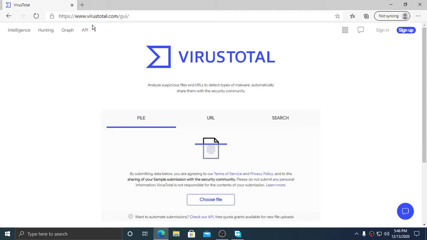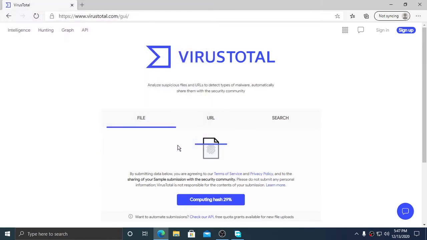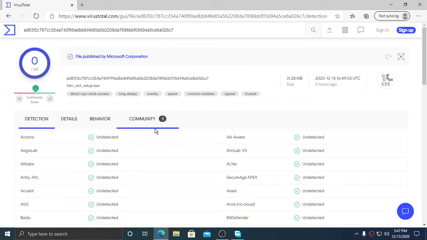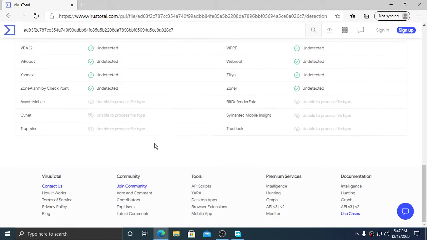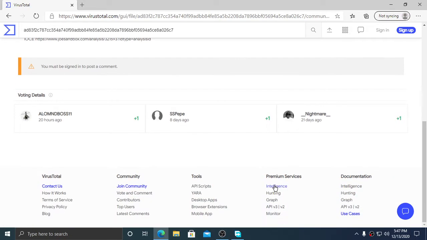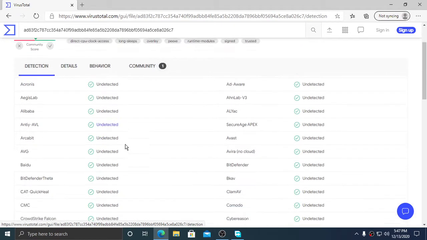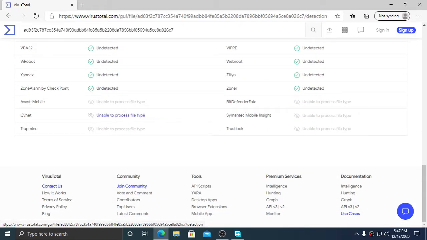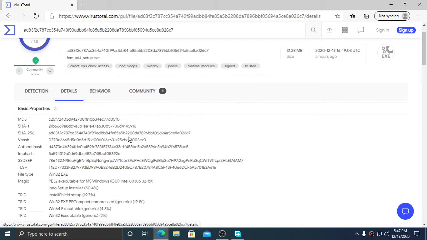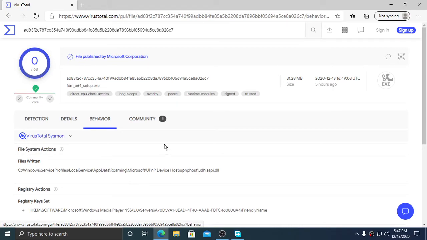Okay guys, I'm using virustotal.com and I'll choose the file. So go under downloads and FDM setup, hit open, and it's all undetected. These guys give it +1s because it's not a virus. So it's all set. There's no abnormal behavior and it's all safe. You can test it yourself before you run it if you want, but yeah guys,